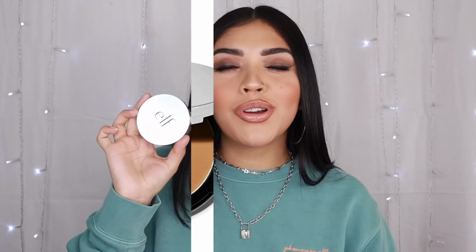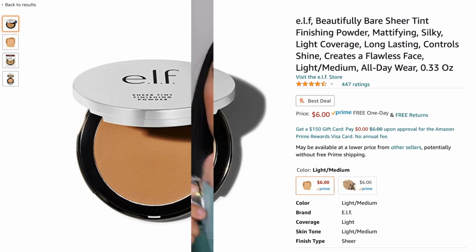Since we are on the powder train, the e.l.f. Sheer Tint Finishing Powder. The mirror packaging, I swear it's good in theory, but it just gets so dingy so quickly. I actually really enjoyed this powder. When I did my full face of e.l.f., I didn't expect to like this powder as much as I did. It leaves a very velvety finish on your skin. The only thing I don't like is that this shade is a little bit too dark for me, and I got the light medium shade. Maybe I should have gotten a fair to light so it can brighten up my eyes a little bit more, but